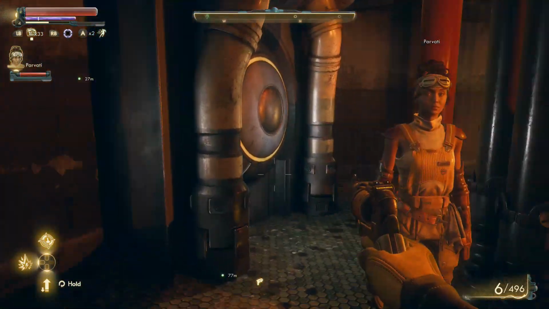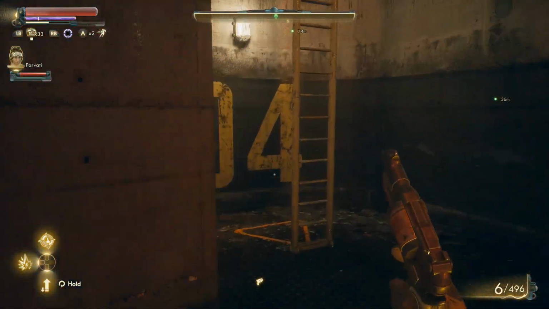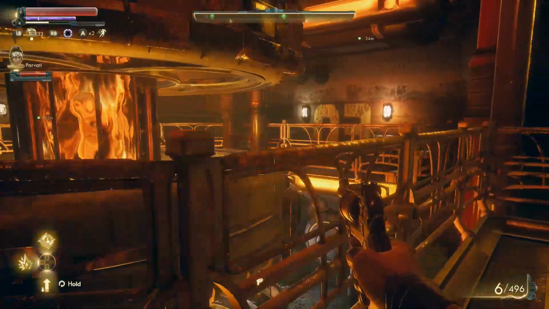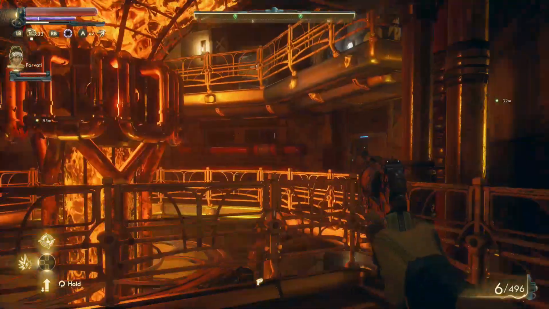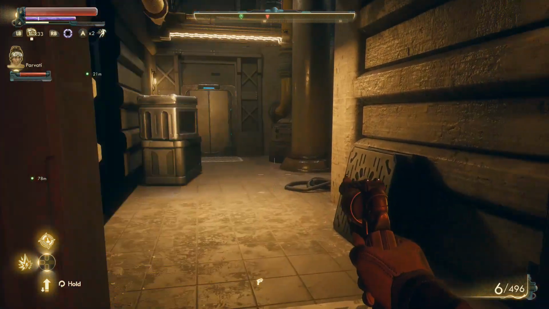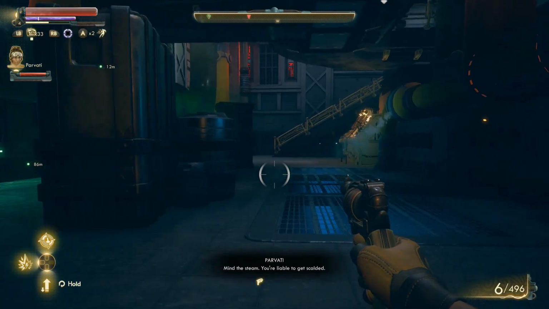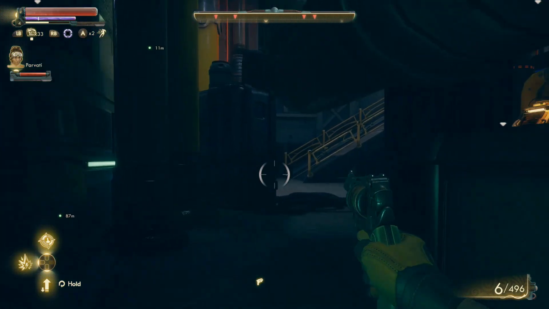So what's he mean by the other room? Is it down here? Are these doors? They look like doors. Let's go back up. I think it's this door over here. Yeah, I think it's the room. Mind the steam. You're liable to get scalded. We can come under here. Okay,